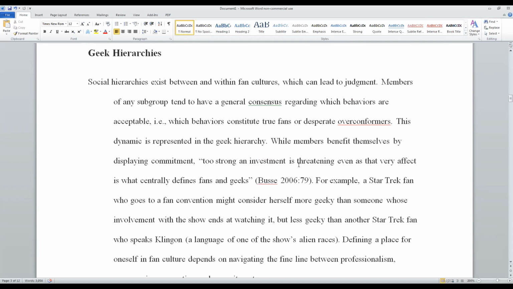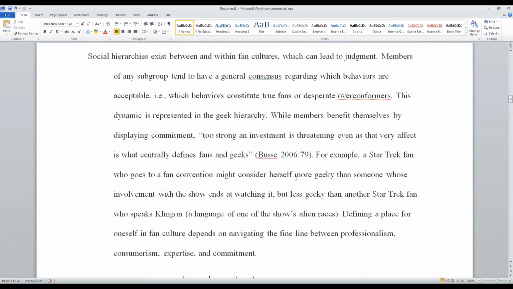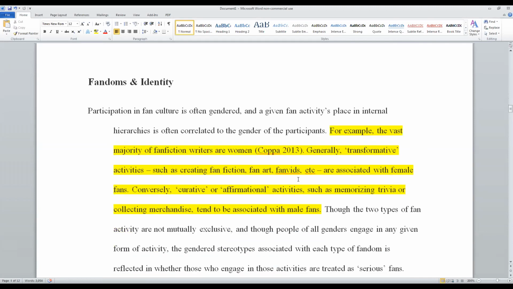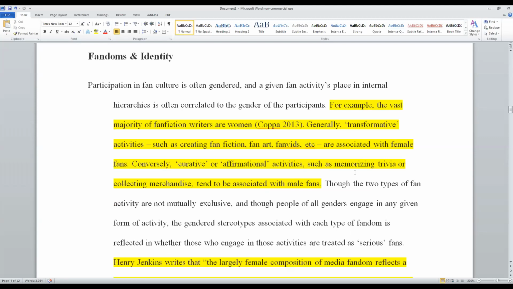Now, they go on to talk about geek hierarchies in the article and how some people feel that the levels of engagement make someone, I don't know, more acceptable or less perhaps within the hierarchy of a particular fandom. That's kind of interesting, but I'm going to skip ahead to this next question because I feel that it's very interesting and it is a section that you can use or that you might be able even to cite